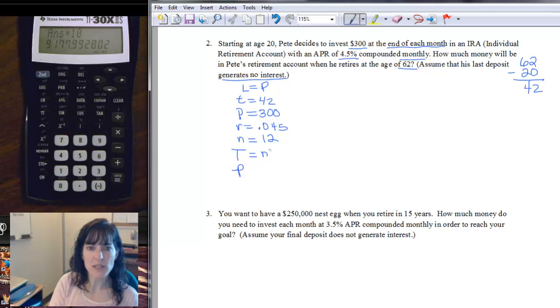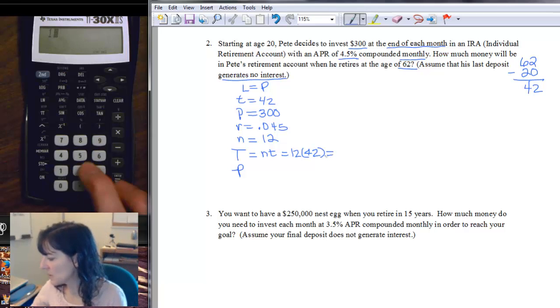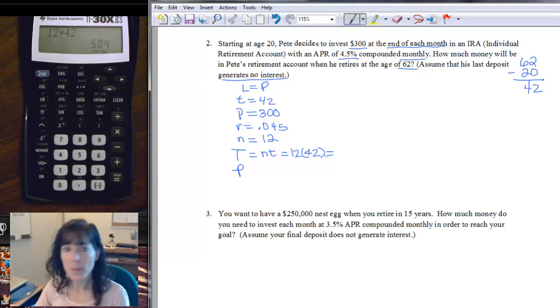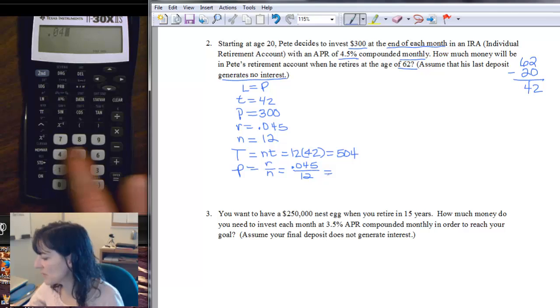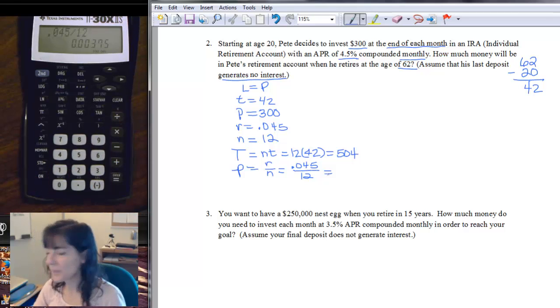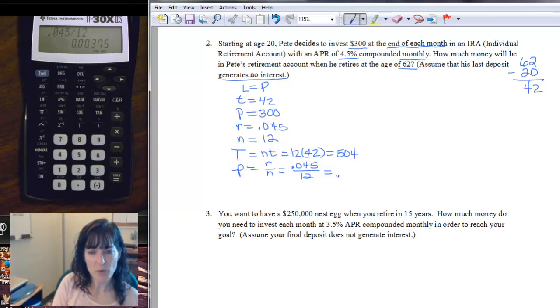So our capital T is N times t. We know N is 12 and t is 42. So when I multiply those, I get 504. So that's how many payments he's going to make over his lifetime. 504 payments. The little p is the R over N. So the R is 0.045 and the N is 12. So we'll divide that, 0.045 divided by 12, and I get